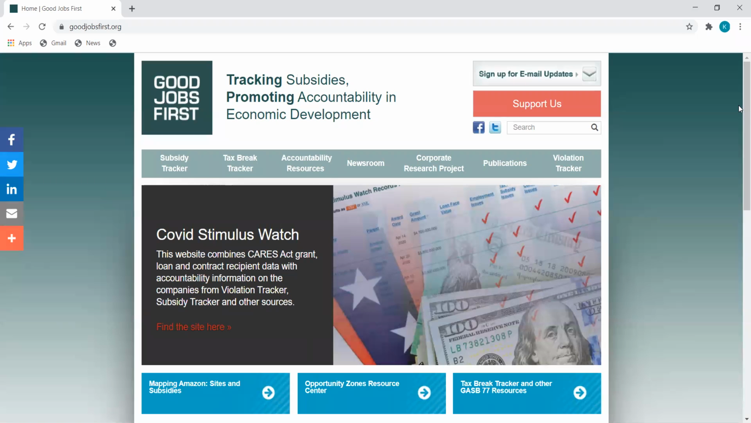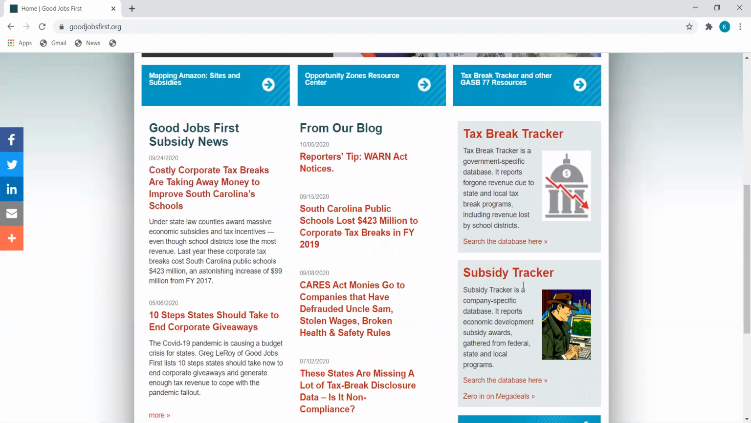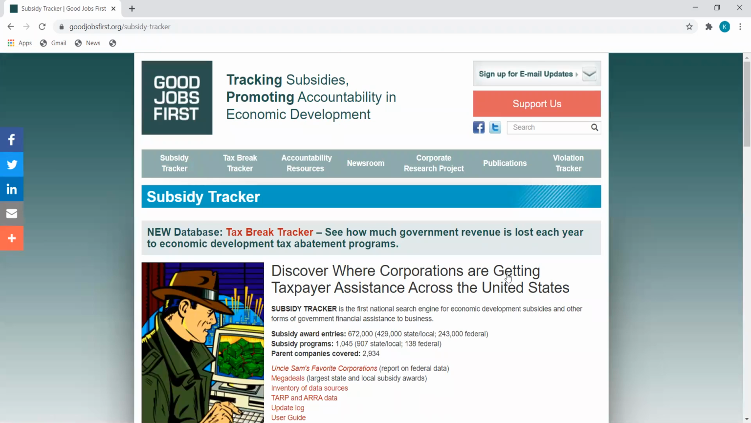So you can get to Subsidy Tracker from our homepage, goodjobsfirst.org, by clicking on Subsidy Tracker here on the main bar, or scrolling down a little bit on our website to Subsidy Tracker near our logo. Or you can Google Subsidy Tracker, or you can just type goodjobsfirst.org/subsidytracker. So Subsidy Tracker is a database of economic development incentive awards provided to companies, to individual companies by